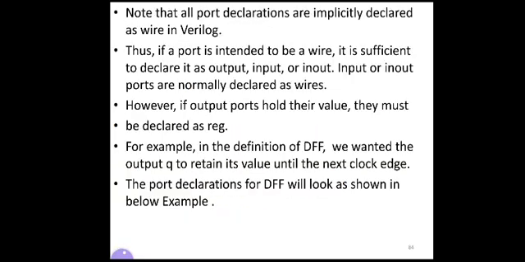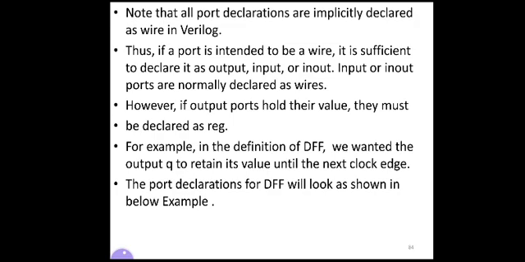Remember here, all the port declarations are implicitly declared as wire in Verilog. By default, if you do not mention any data type, it will be a wire.